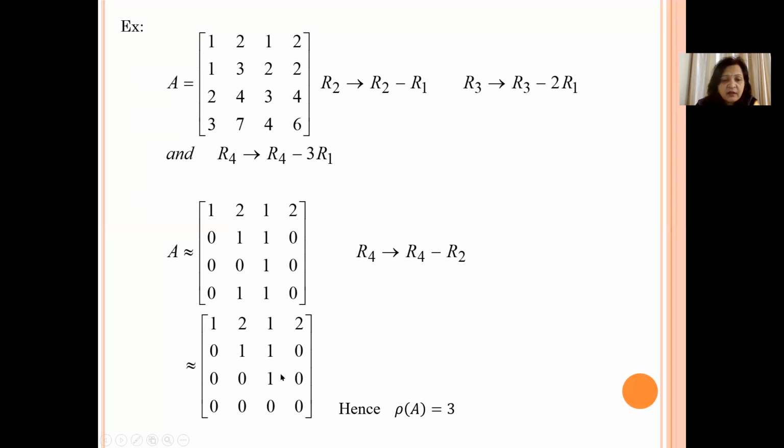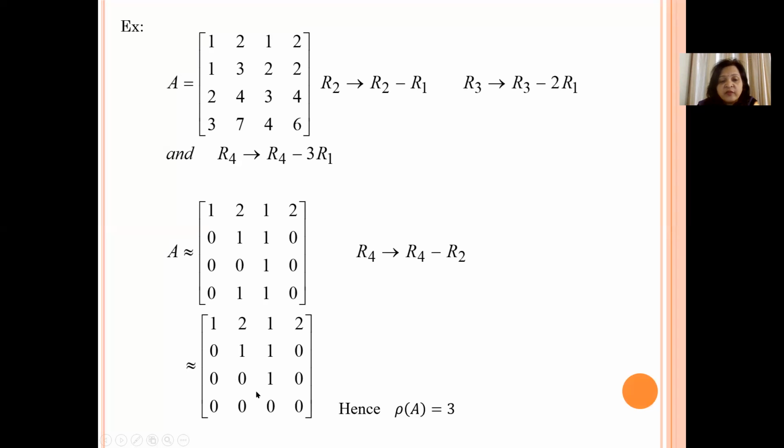So here we can see now this matrix is in echelon form. All zeros are in increasing order. In the first row, there is no 0, in the second row there is 1 zero, in the third row there are 2 zeros. 1 zero means we have to count only the starting zeros. There is no need to count these last zeros. Starting 0 means the 0 before any non-zero element. And in the last row, we have 4 zeros. So this matrix reduces into the echelon form.